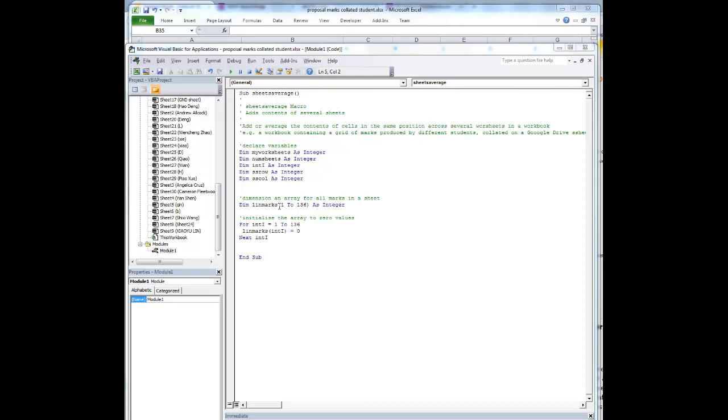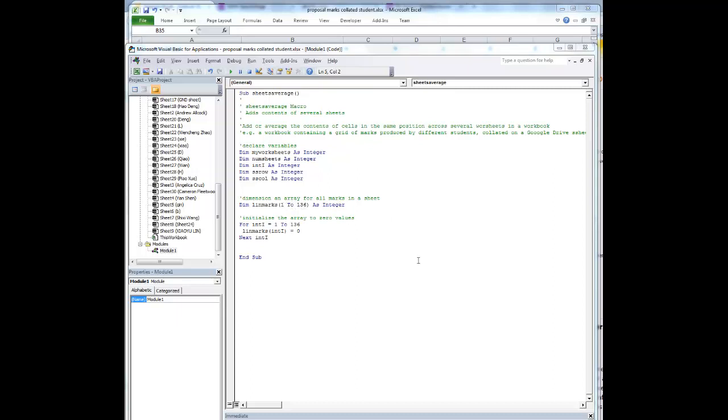So it's another variable, but it's a type of variable that takes more than one number. So you can see the Dim statement saying that we're dimensioning the array, declaring it. The name of the variable, that's what we're going to call it, linmarks. It's useful to call it something that relates to what's in there. So linmarks is linear marks, and the size of it in this case,